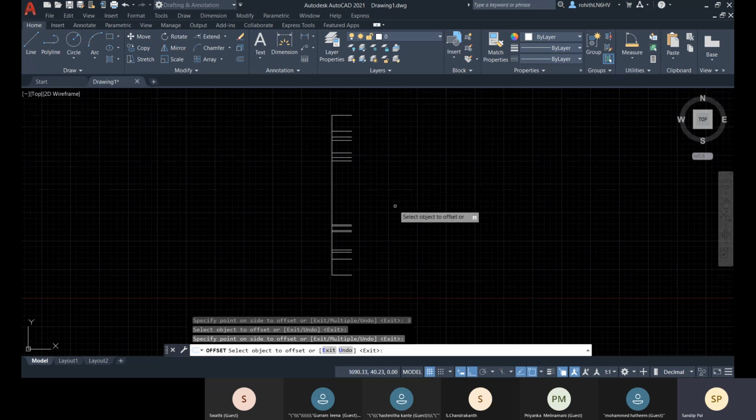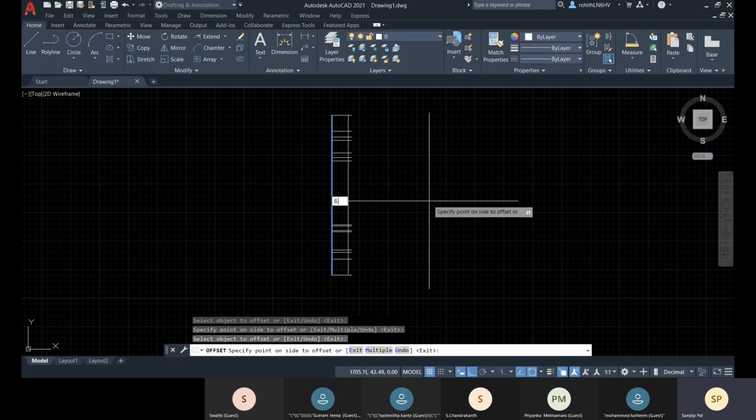Okay, and then let's go for the vertical one. We go for this line.